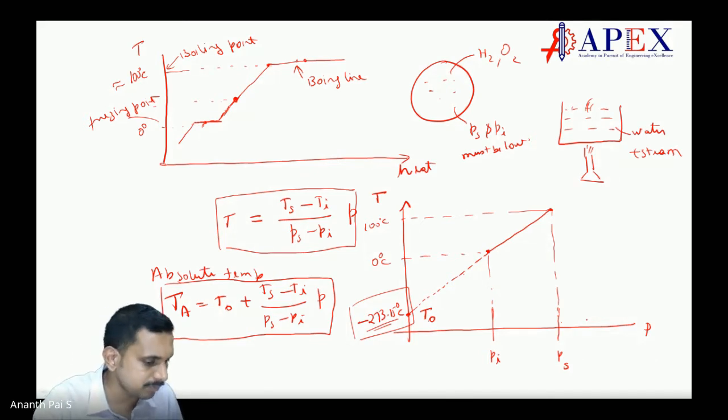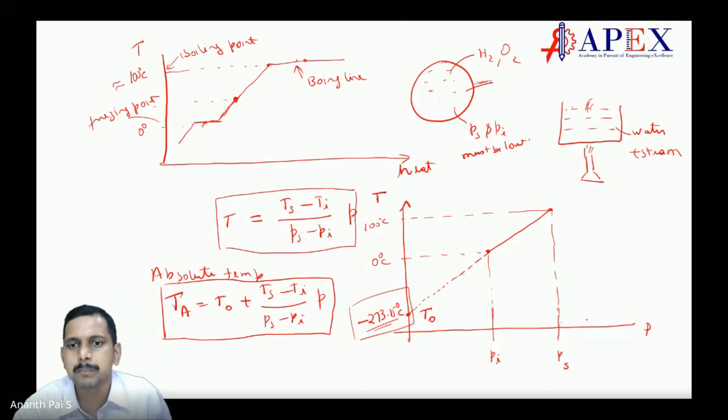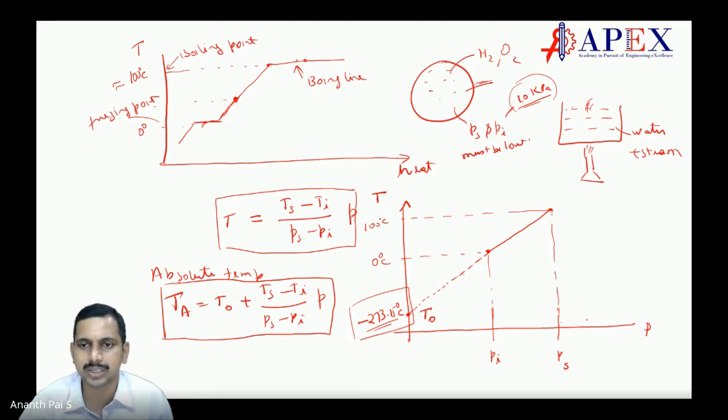Let us write something for this. Sir, low means it's like we have taken ice and steam temperature pressure, right? Yes. Low pressure means this pressure you can evacuate as much as possible. You can keep Pi at around 10 kilopascal, and Ps can come around 5 kilopascal, or even lesser than that. But it is in a low pressure area, not very high pressure. You cannot take 2 atmospheres for Ps and Pi.